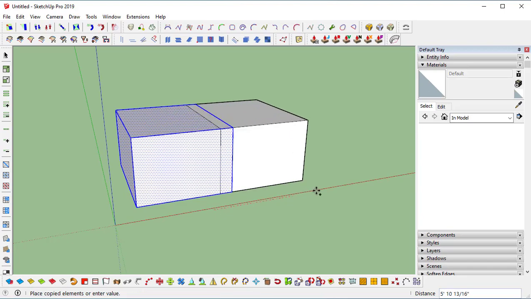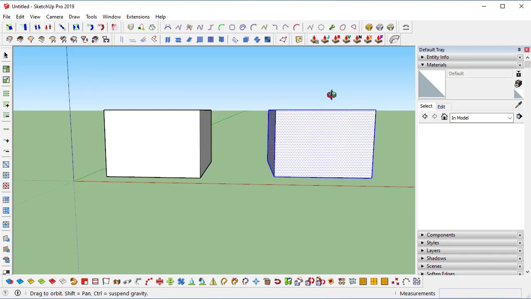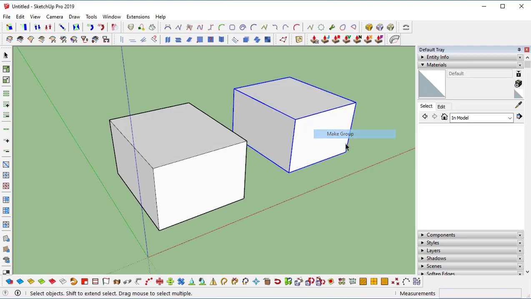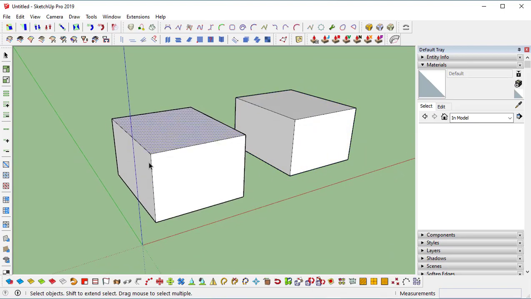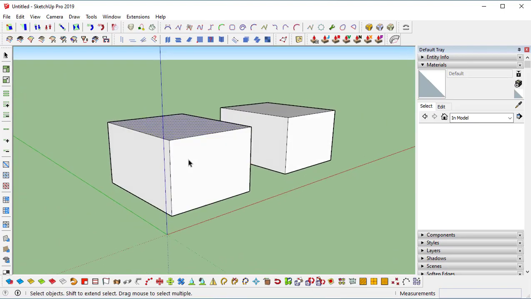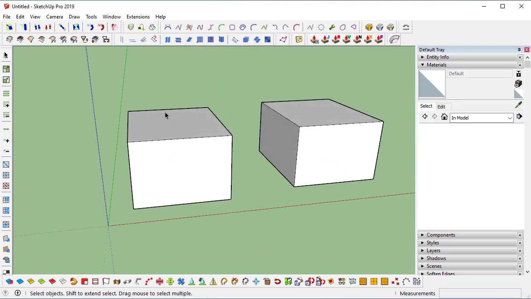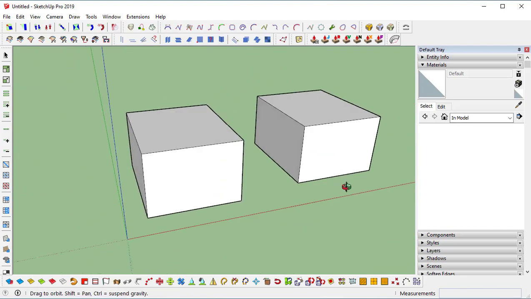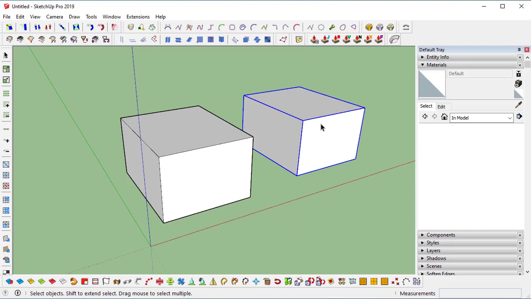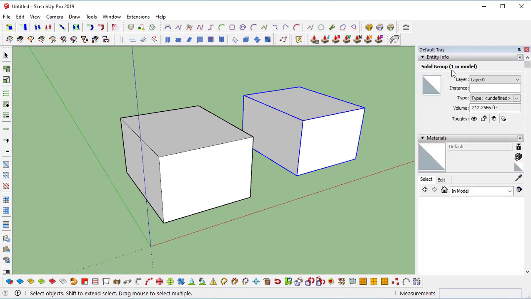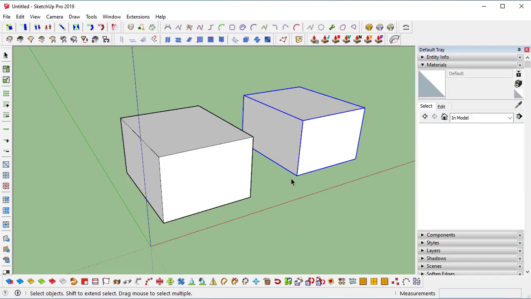Control. See, I have created a box, and see, I have created this box using a rectangle, and all these faces are individual faces, and I have grouped it. This is a group model, means this is a solid component. Okay, so